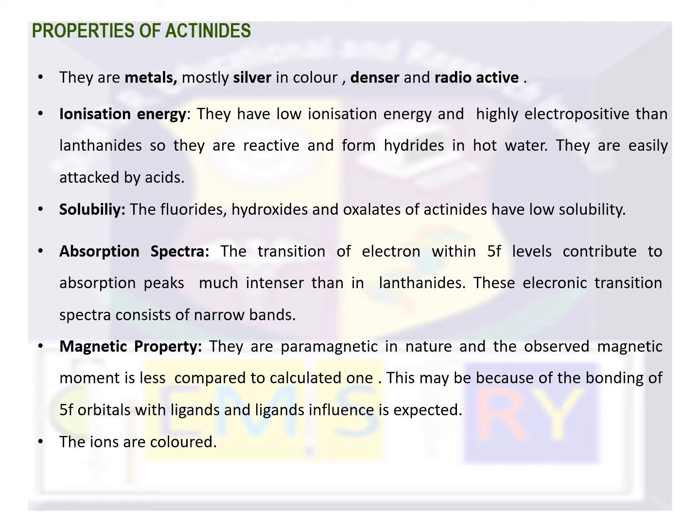So all the radioactive elements belong to the F block, we can say. These actinides are radioactive elements. We know that nuclear fuels are taken from the actinide series. Uranium and plutonium are radioactive elements, and they are taken as a fuel for nuclear reactors because of the radioactive property.